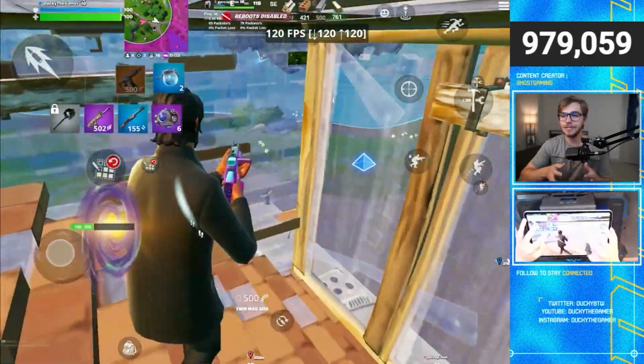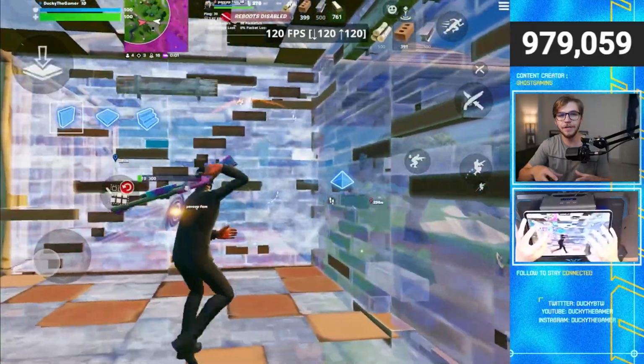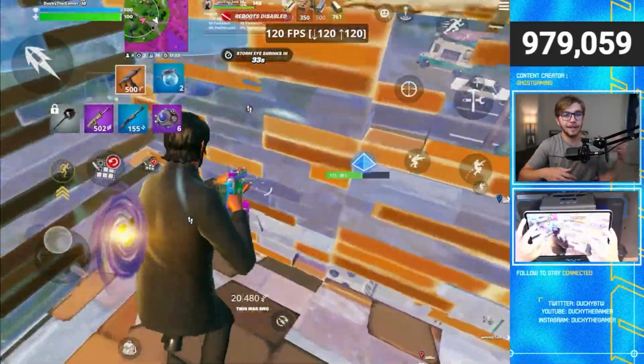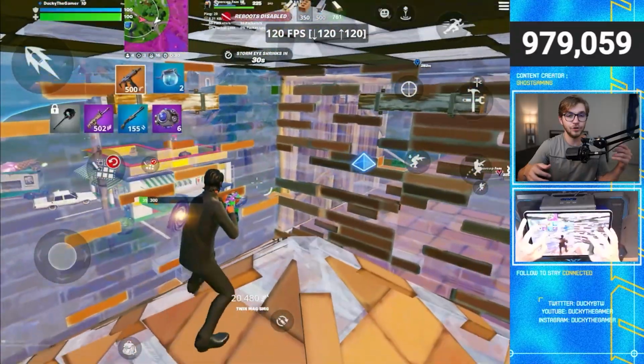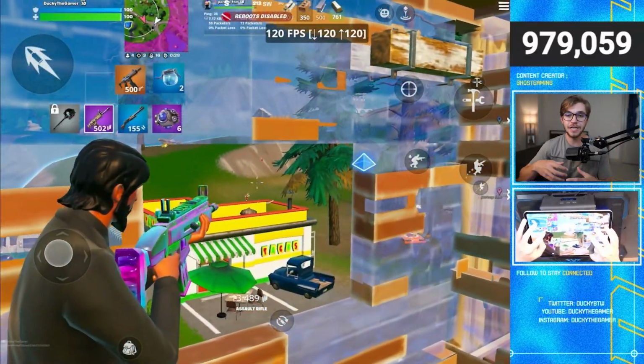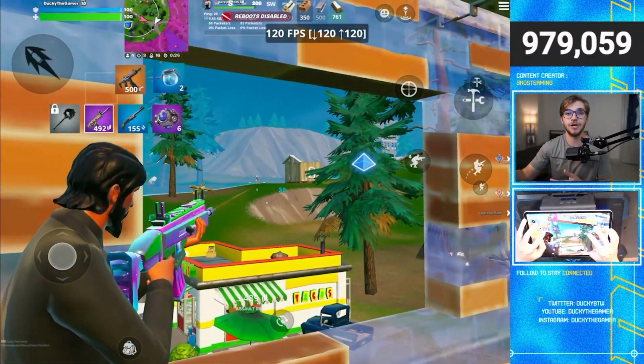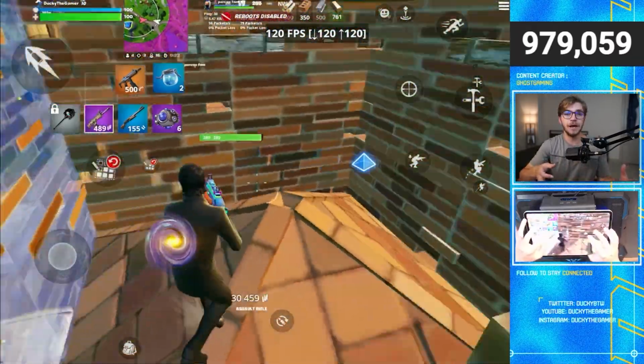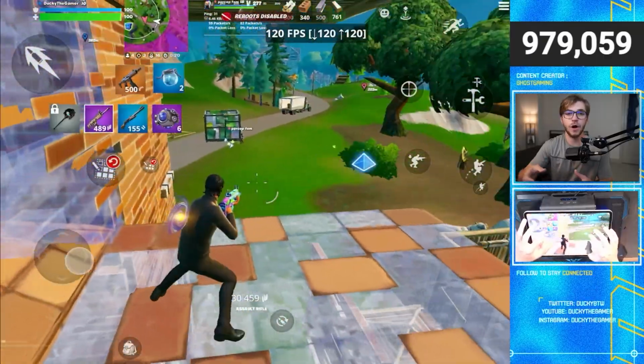Unfortunately, outside of that, there's not any really solid tips or methods that we can use in 2024 to get more FPS. There used to be things like the 60 FPS trick back in the day where you could do a certain combination of actions and then you'd actually get 60 FPS unlocked in your game regardless of the device you had. And so it really just comes down to optimizing your device in terms of software